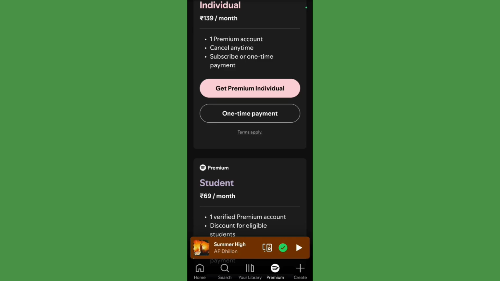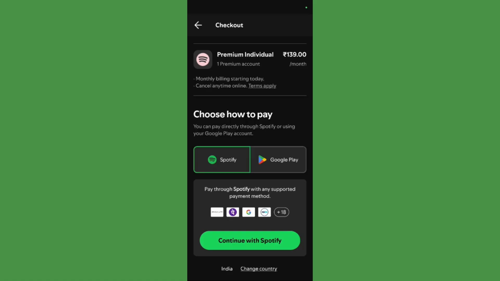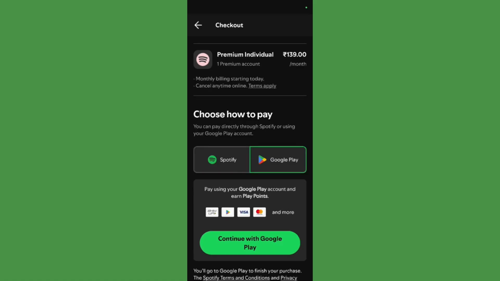Let's say if I click onto this get premium individual, I will be redirected to this particular page, from where I will need to choose how I would like to pay. I can continue with Spotify, or I can also choose my Google Play credits as well. So after the payment, your premium individual plan will be successfully active on your